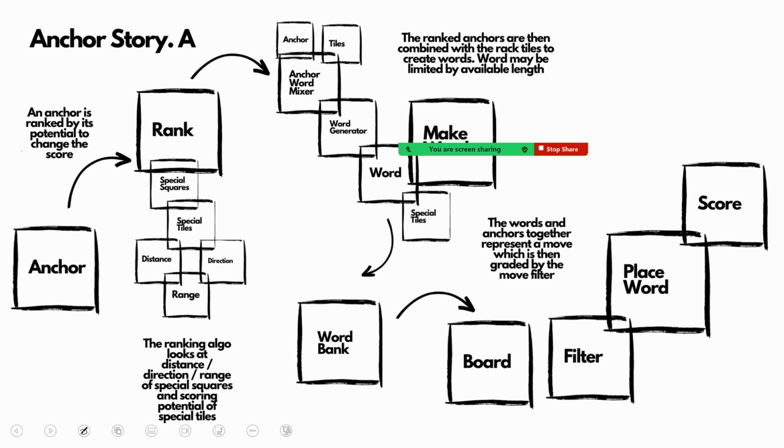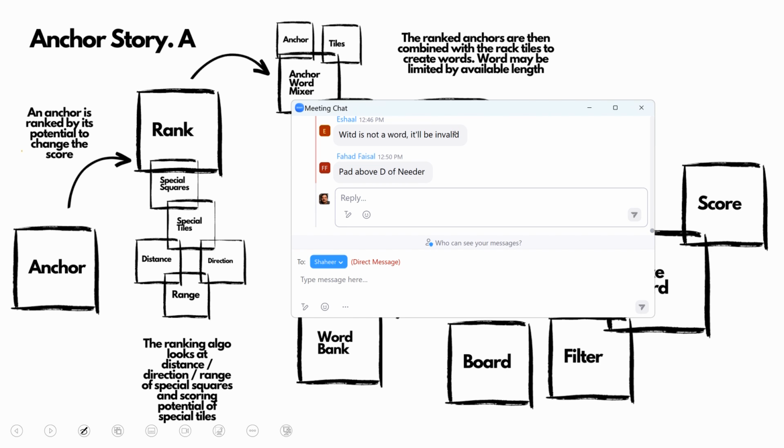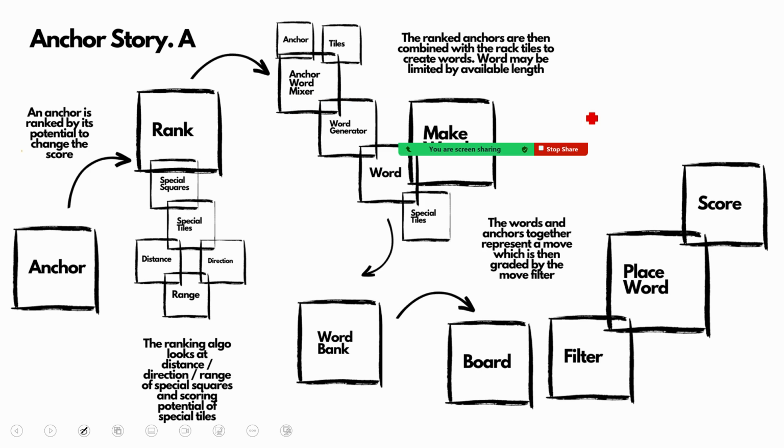I think if you think in terms of story selection, right? If you think in terms of the start of this course, when we first spoke about anchors, when we first spoke about word generation, we wrote a story. And what was the story? The story was that, if I want to do word generation, I start with an anchor, I rank the anchor,